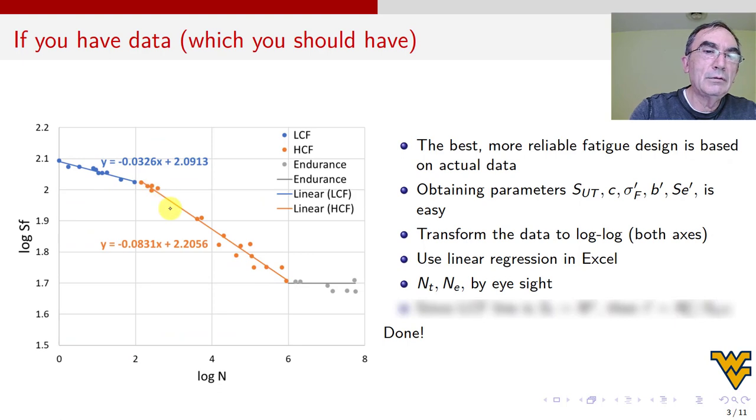And when I put the data into Excel, I discovered that yes, I can put the real N instead of log N and tell Excel, please give me log scale here. Then I can put the real SF, fatigue strength, with no log in another column, for this axis, and tell Excel, please put it in log, and it will do it. But when I tried the linear regression, the easy way because I'm lazy, I right click on the data and say regress the data, it didn't do it because it doesn't do linear regression with two log axes. At least I couldn't make it work.